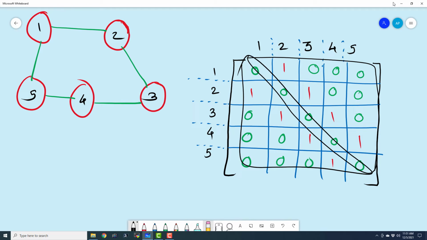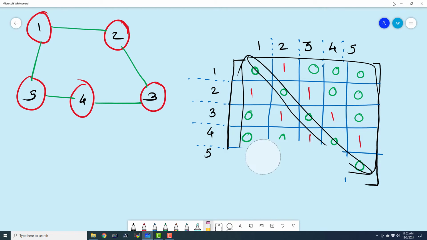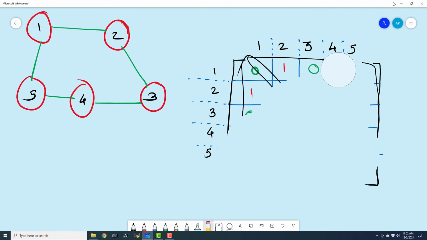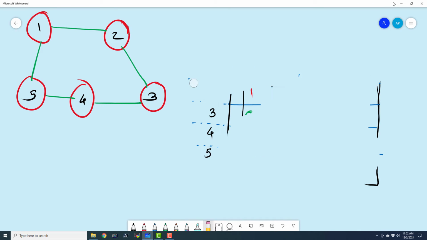Now there is an even more efficient type of representation that doesn't take as much space as this adjacency matrix. You must have noticed that there are a lot of zeros here and fewer ones. So we can mitigate that. We can save that sort of wastage of storage space by creating an adjacency list for our graph. An adjacency list is very easy to create. So I'm going to go ahead and remove this adjacency matrix. I hope that you understood the concept of adjacency matrix, and we are now going to understand the meaning of adjacency list.